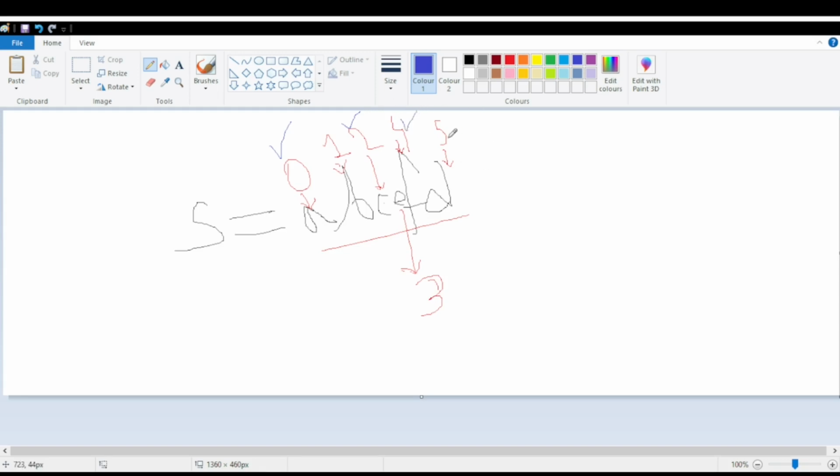Now 3 is odd, and then 4 is even, and 5 is odd. I'm talking about the indexes, the odd and even part, and then we will come to characters. So this blue marked part is the even indexes, and the other part is odd. They are all odd index numbers.